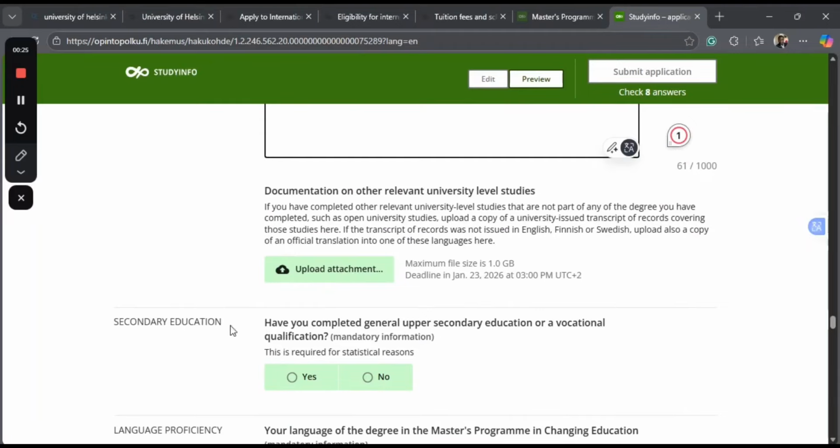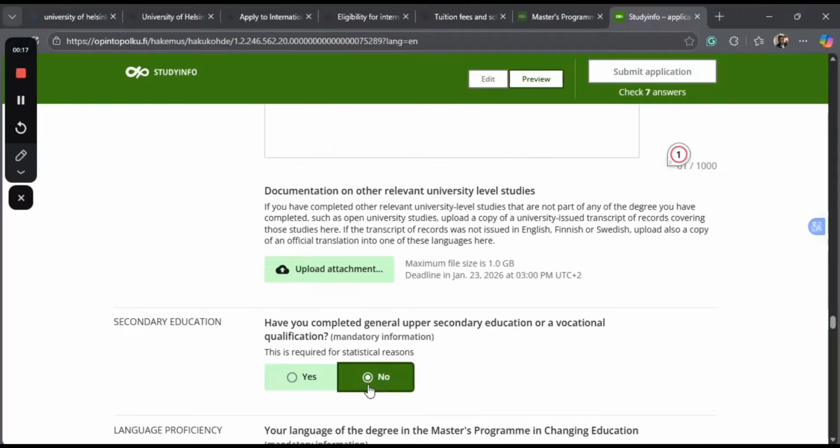Okay, so here, have you completed the general upper secondary education or vocational college? So if you have, you have to click here. In my case, I have not completed upper secondary. Remember, this is upper secondary, not secondary education. Do you understand? This is like polytechnic, University of Applied Science, colleges of education. So if you have completed it,